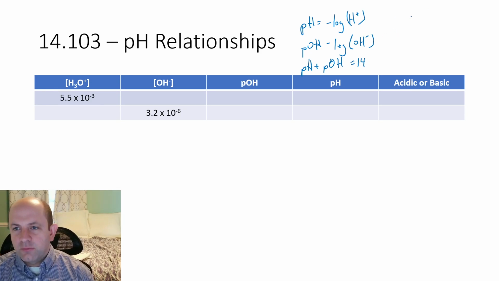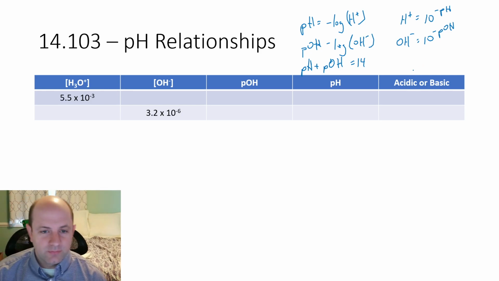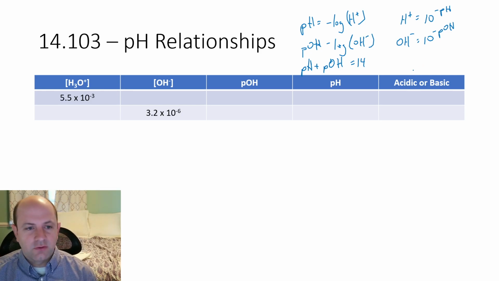And then if we have to go the other way, H plus is always 10 raised to the negative pH, and OH minus is 10 to the negative pOH. There is also that H plus times hydroxide equals 10 to the negative 14th, but you generally try not to use that one. It makes it a little easier not to have to use all the scientific notation. All right, so for this one,